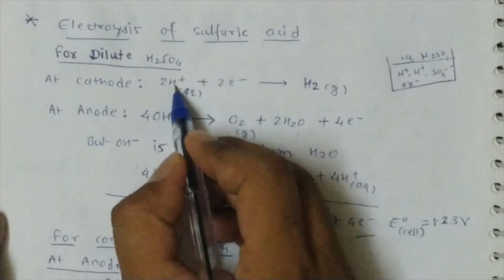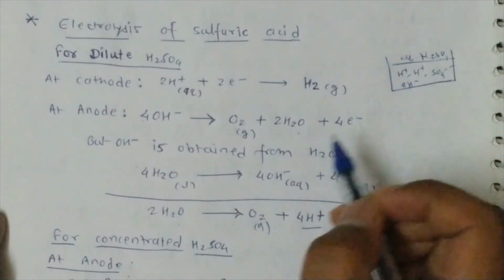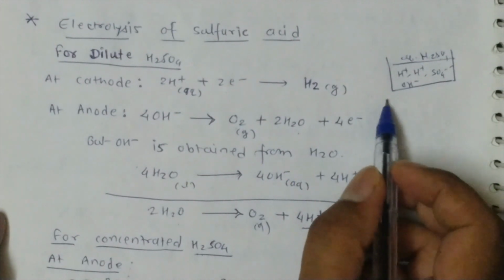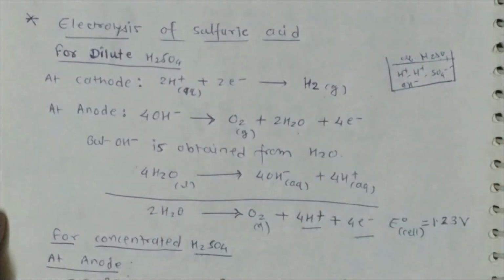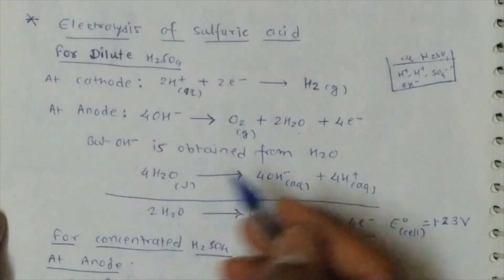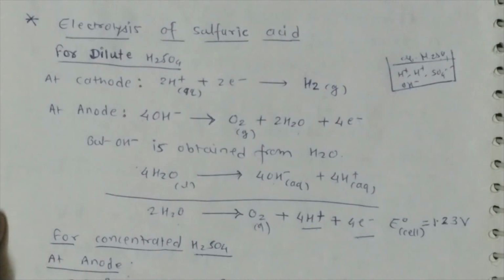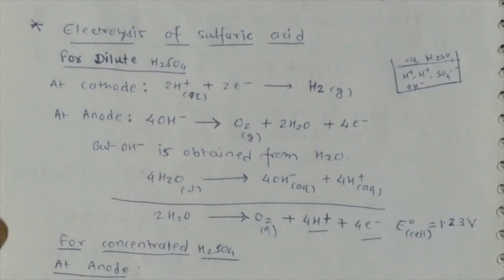So at the cathode, H plus ion will get reduced to form hydrogen gas. There is no competition for hydrogen gas because there is no other cation present in the aqueous solution. But in case of the anode, two ions are competing, OH minus ion and SO4 minus ion. Which ion is going to be oxidized depends again on their oxidation potential or reduction potential. In the competition between OH minus ion and SO4 minus ion, OH minus ion preferably gets oxidized at the anode compared to SO4 minus ion, because OH minus ion has less reduction potential compared to SO4 minus ion.